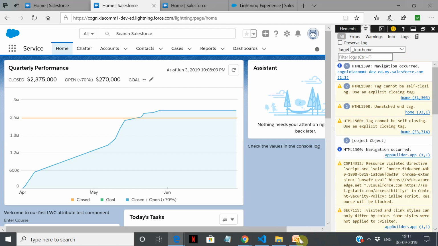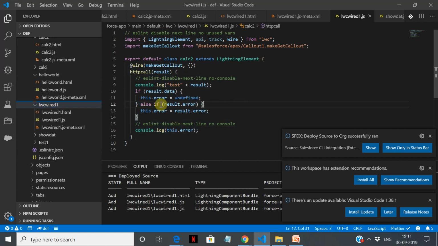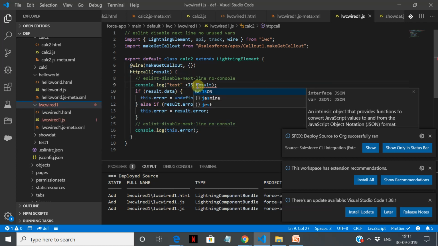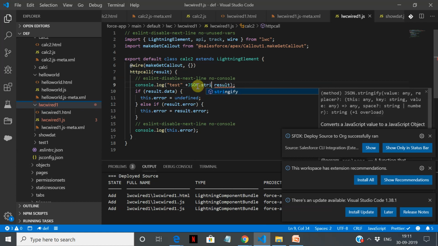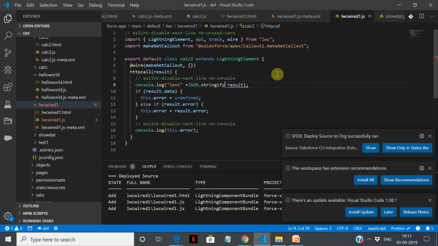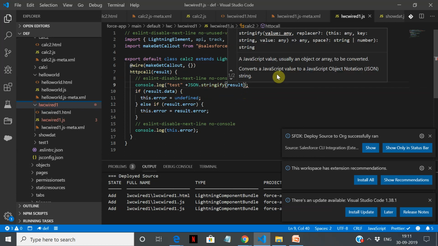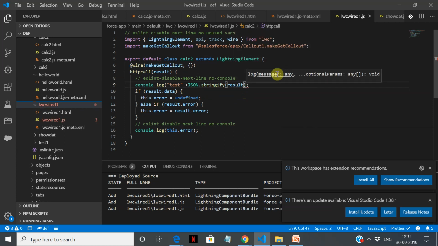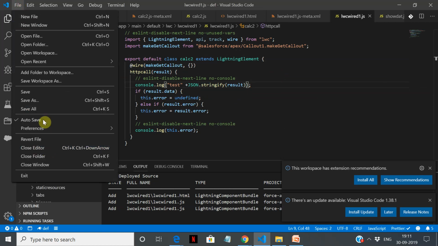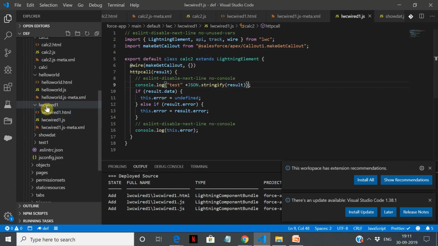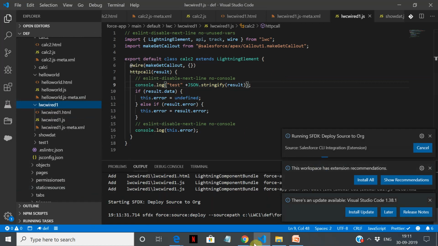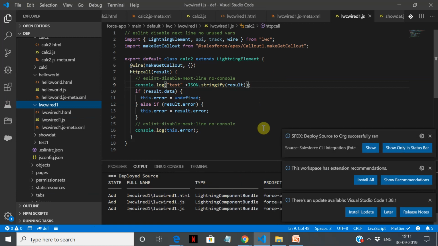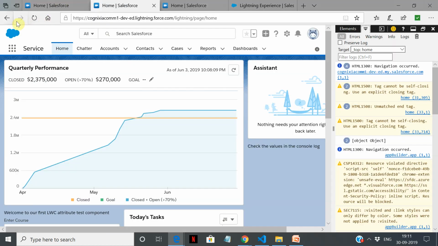We are getting the result. So what we'll do is use JSON.stringify. This will give the value of whatever is there within the result.data. I just added a JSON.stringify here. JSON.stringify will give us the object, because Salesforce is serializing the object and returning it to us. The response body is a serialized object, so we have to deserialize it and stringify. Let's go to our normal home page in Chrome.